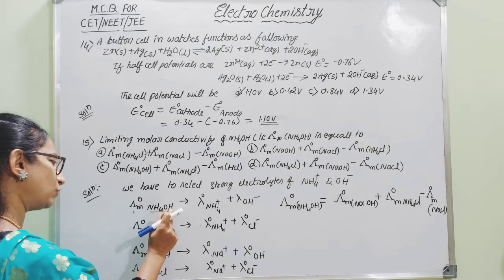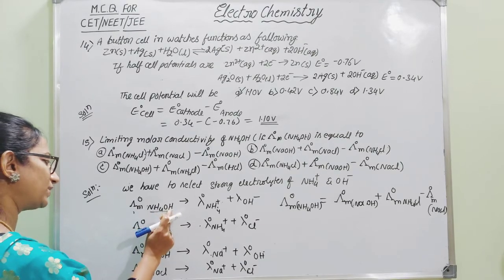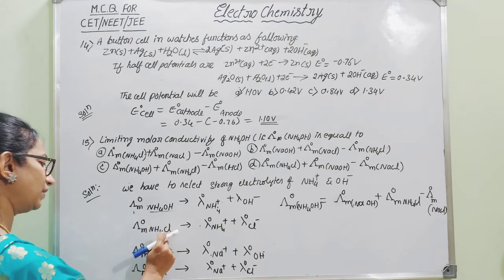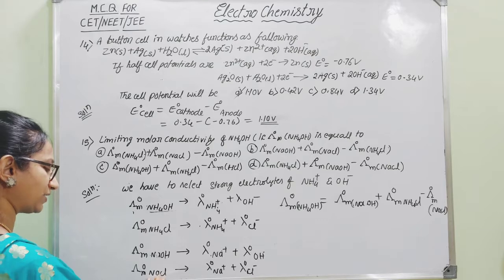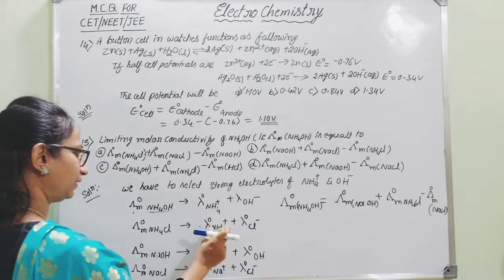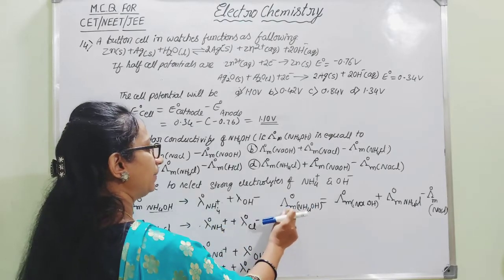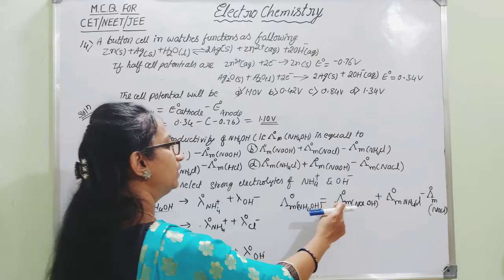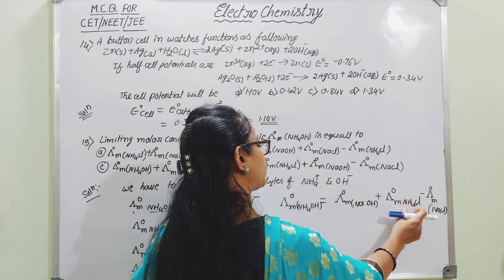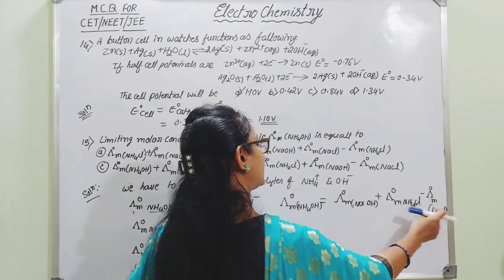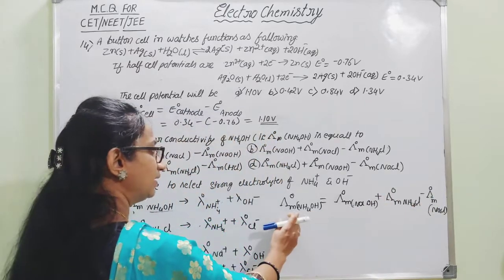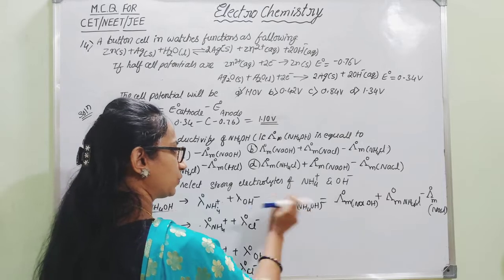Then we need to use one more, other than NH4OH. What is it? One is Na and the other is Cl. So we have to take the combination, that is NaCl. Therefore, one more strong electrolyte is NaCl. Now, if you write this expression, lambda m naught of NH4OH is equal to lambda m naught of NaOH plus lambda m naught of NH4Cl minus lambda m naught of NaCl. If you add these two and subtract lambda m naught of NaCl, you get exactly lambda m naught of NH4OH.